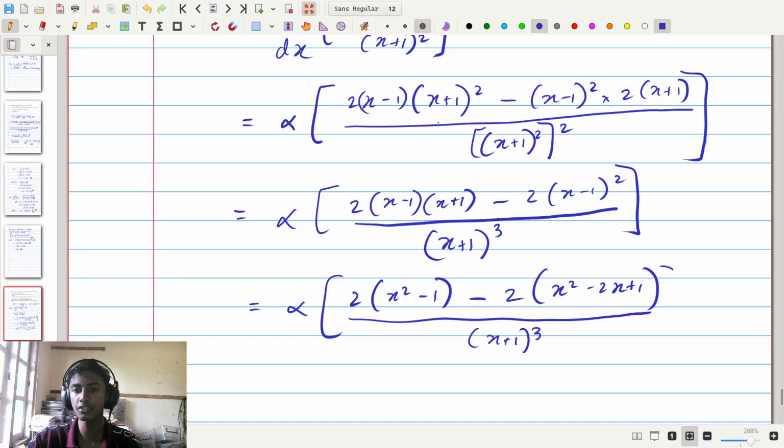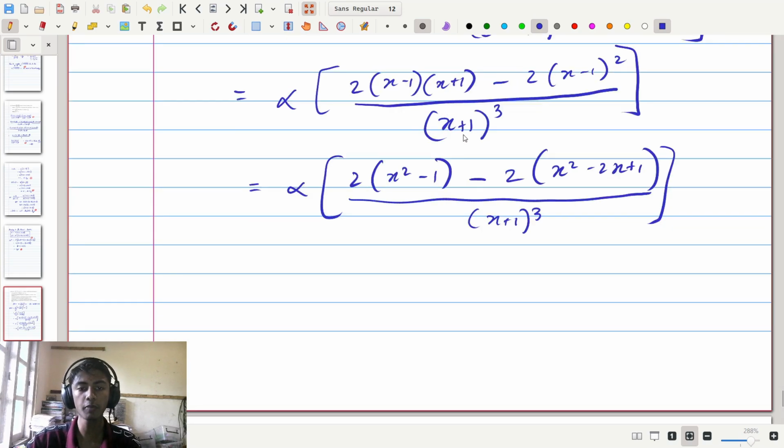Now simplifying further, we can see on the denominator we'll have x plus 1 cubed as we have here, but on the numerator we'll have 2x cubed and minus 2x cubed cancelling, and after they cancel we'll be left with 2 times negative 1 and minus 2 times minus 2x, which is going to be plus 4x, and minus 2 times plus 1, which is another minus 2. So we'll have alpha times 4x minus 2 minus 2, so minus 4, and that's going to be divided by x plus 1 cubed,